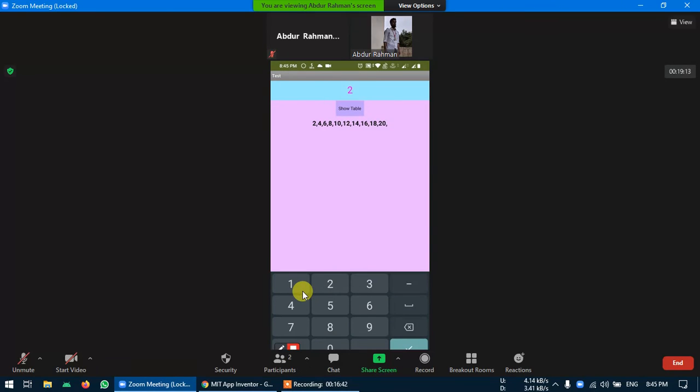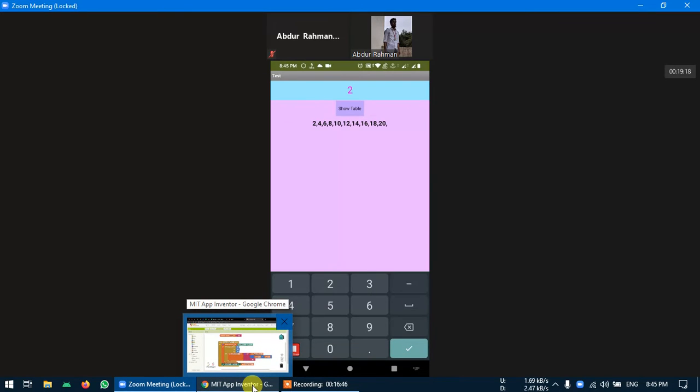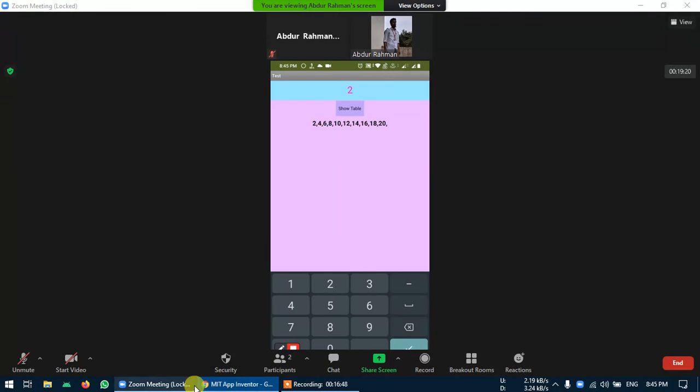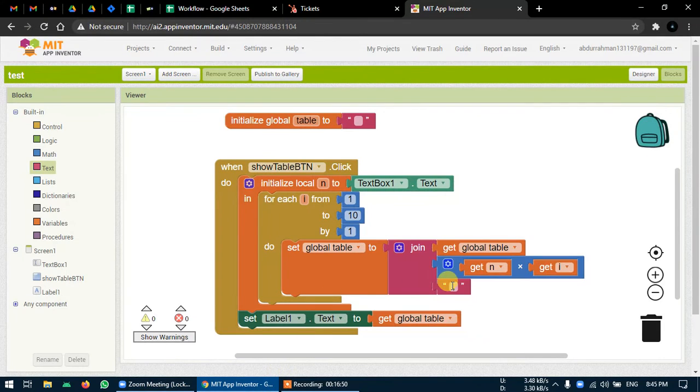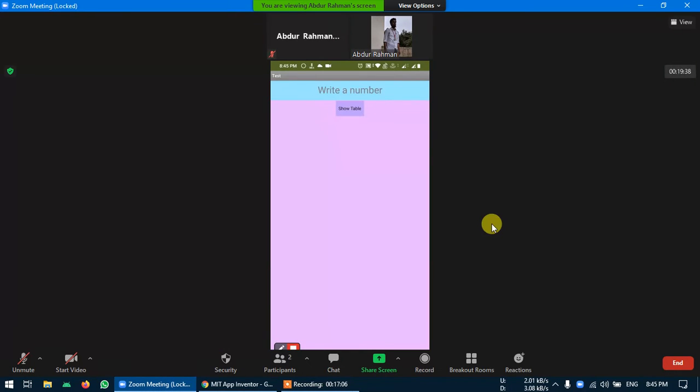One more thing. If you don't want to put a comma, you can write some other characters also, like a dash, maybe a space, or whatever. Right now, instead of putting a comma, I can write backslash n. In programming in C, C++, Java, Python, whatever language you choose, you can use this backslash n for a new line, especially in Java. Let's refresh the companion again and go back to Zoom to check the output.